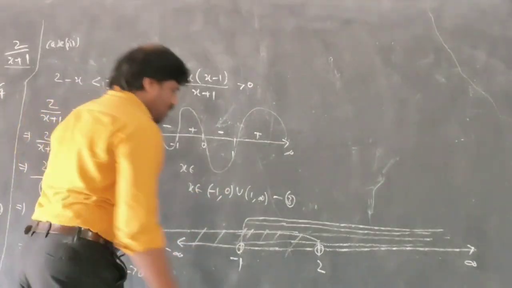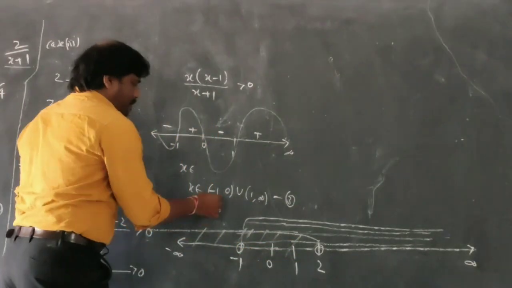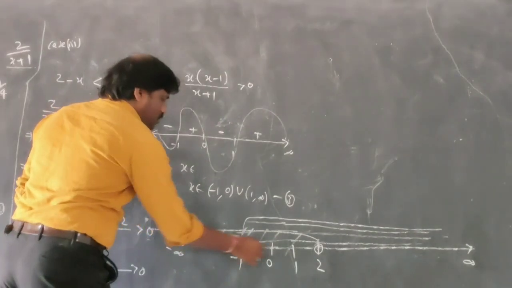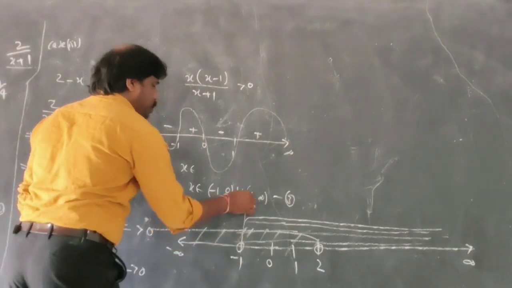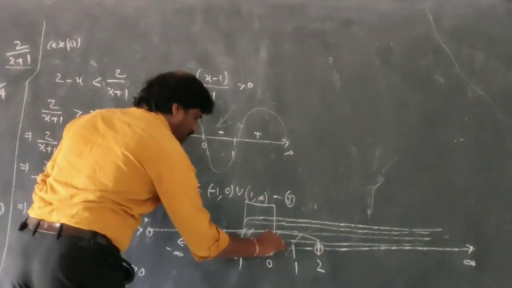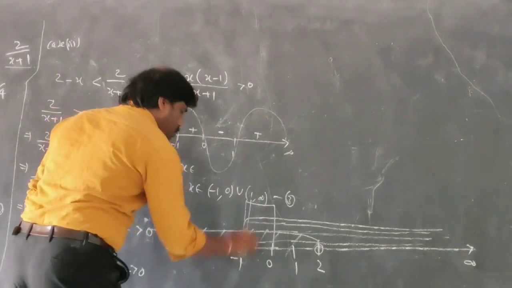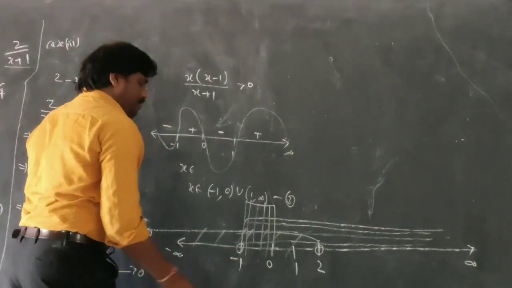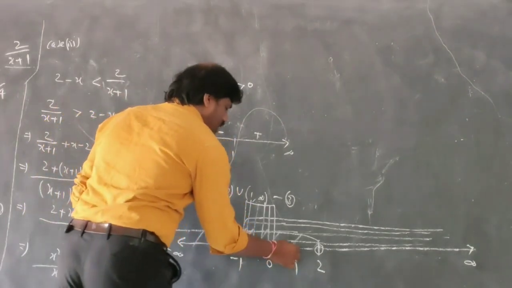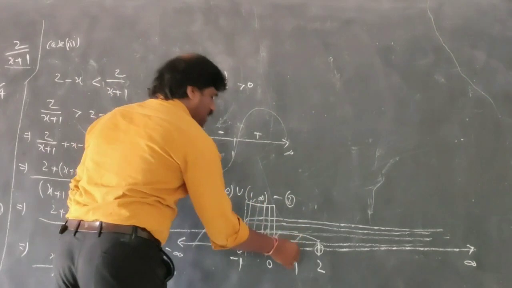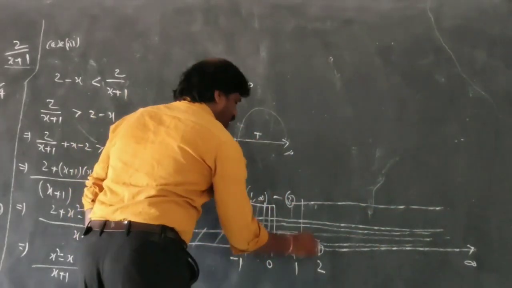Let's see case number 3 here. Minus 1 to 0, 0 is in between, and you have plus 1. This is minus 1 to 0. I am getting one more, 0 to 1. Here I am going to use these legs, and these are not included. Then 1 to infinity. Here is the 1, and 1 to infinity goes here like this.